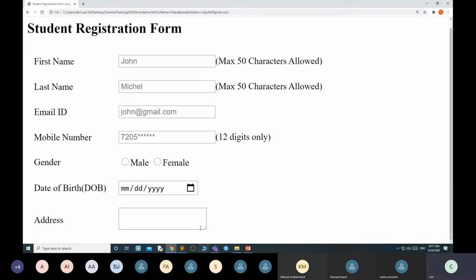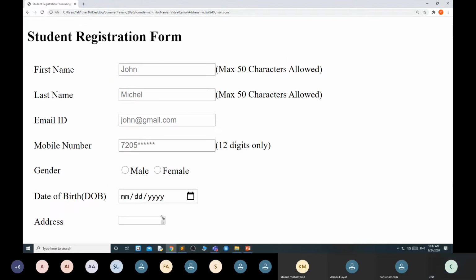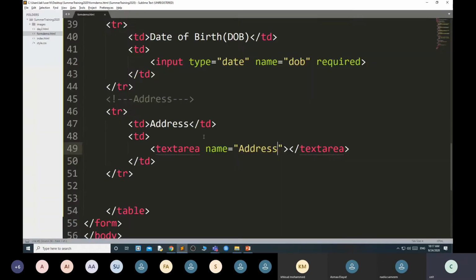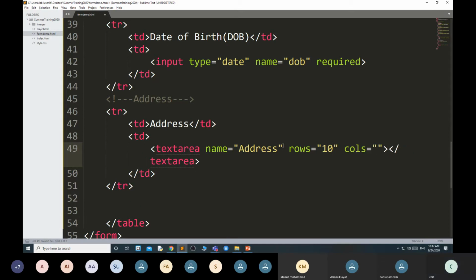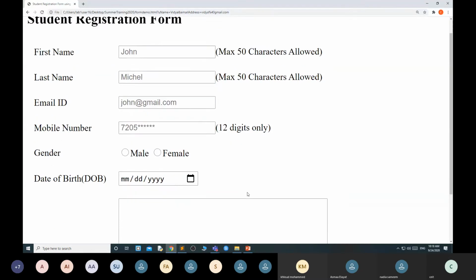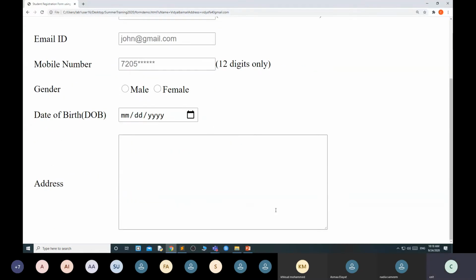We are getting a text area, and you can see that you can resize it, increase and decrease. You can specify the size also, with rows and columns. Here you can write rows 10 and columns 50. This is the space it will give.